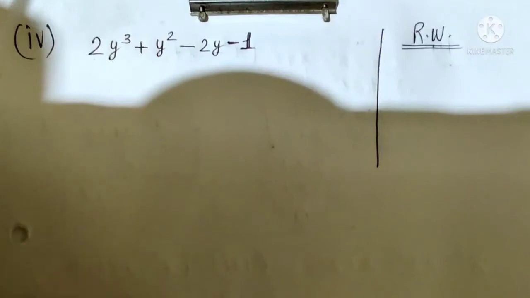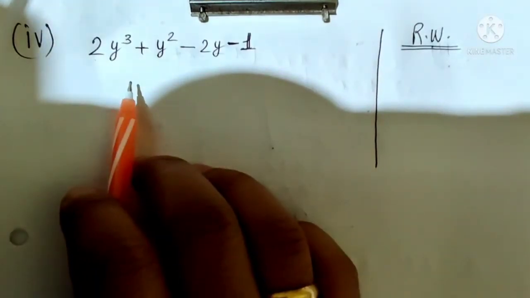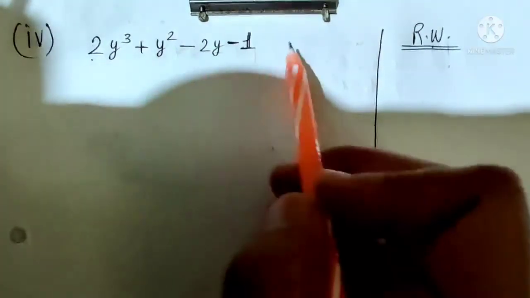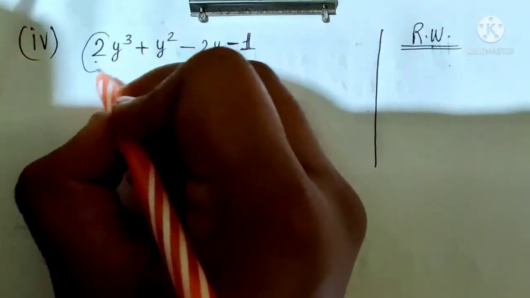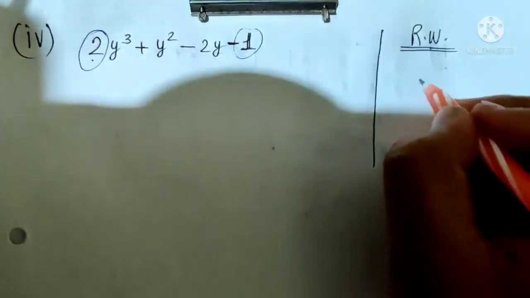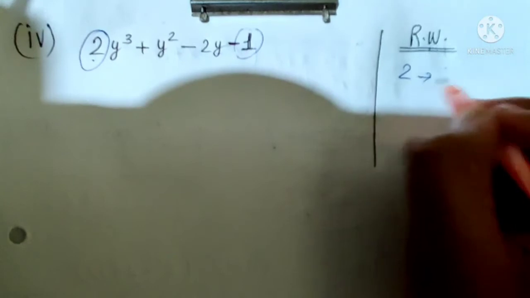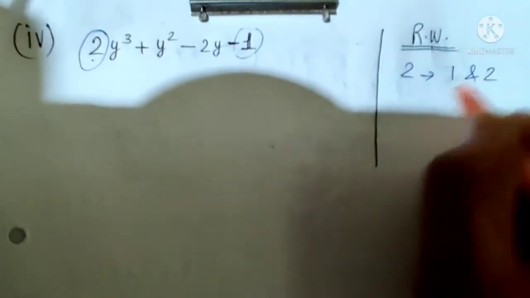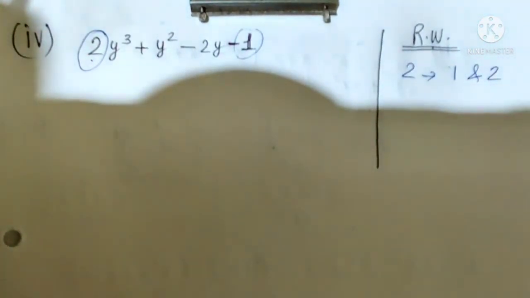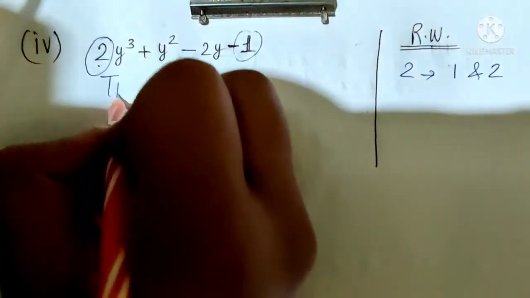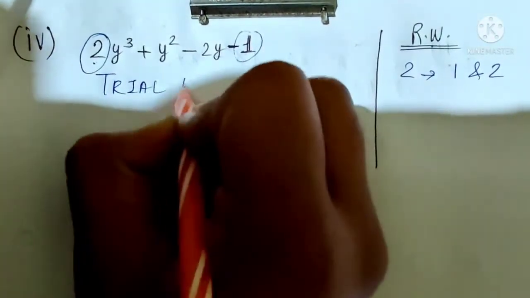Okay, so in the fourth part also we will do the same thing which we have done in the first part. First 2 into 1, first and the last. 2 ones are 2. So what are the factors of 2? The factors of 2 are 1 and 2 only. Now what should we do? We have to use the trial and error method. So by trial method,